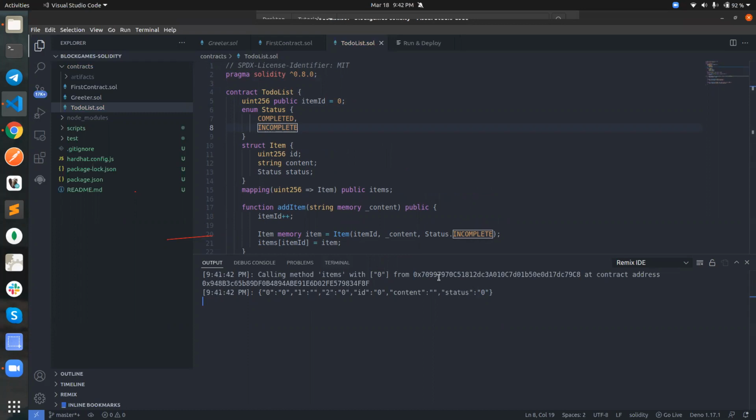Because we are passing an inexistent to-do list item ID, which is 0, we are getting the status giving us 0, and by default it's going to be mapping to the first item in the enum. The data type of this value is the enum that we're creating here, and by default it's going to be pointing to this first